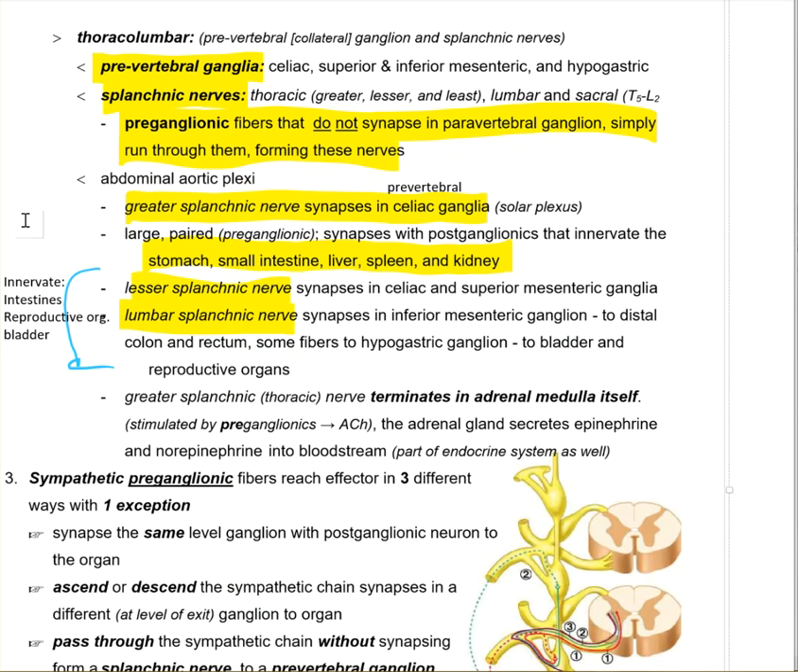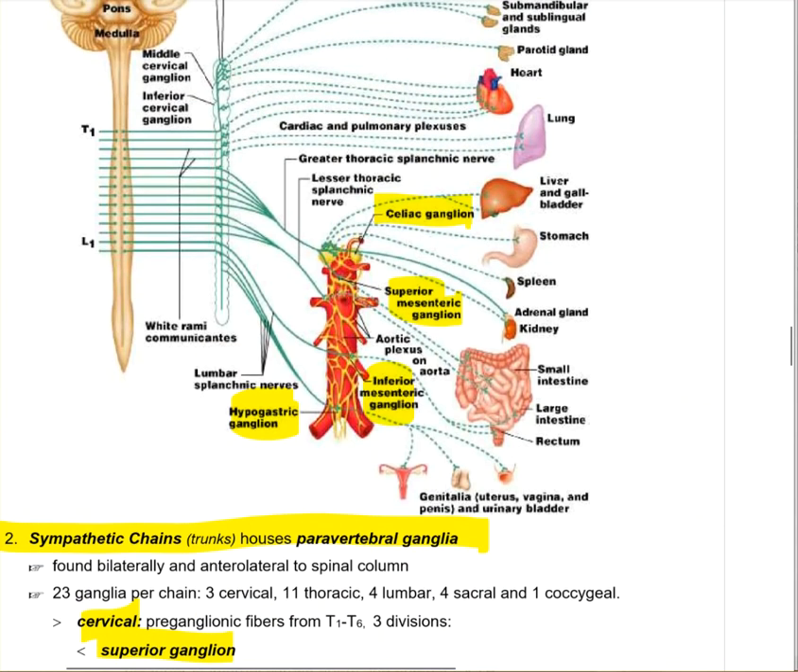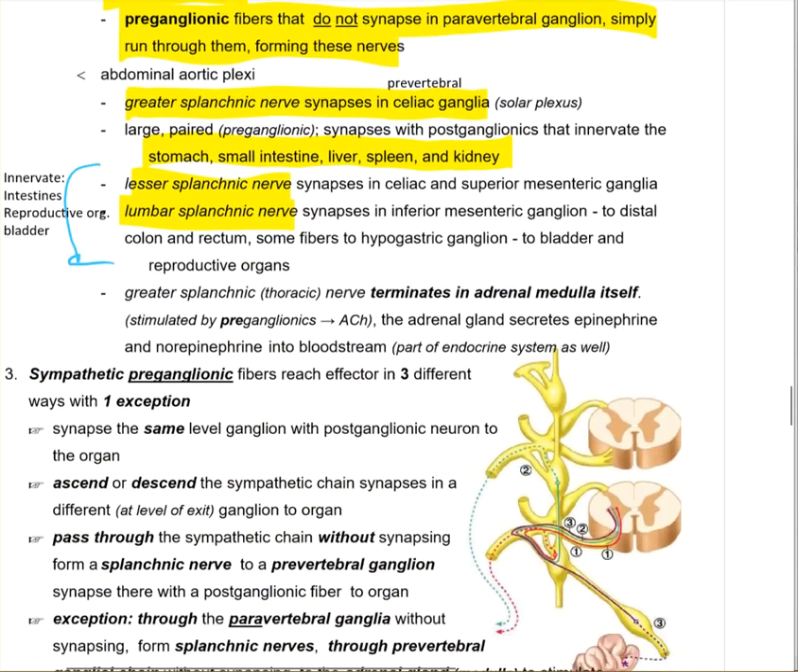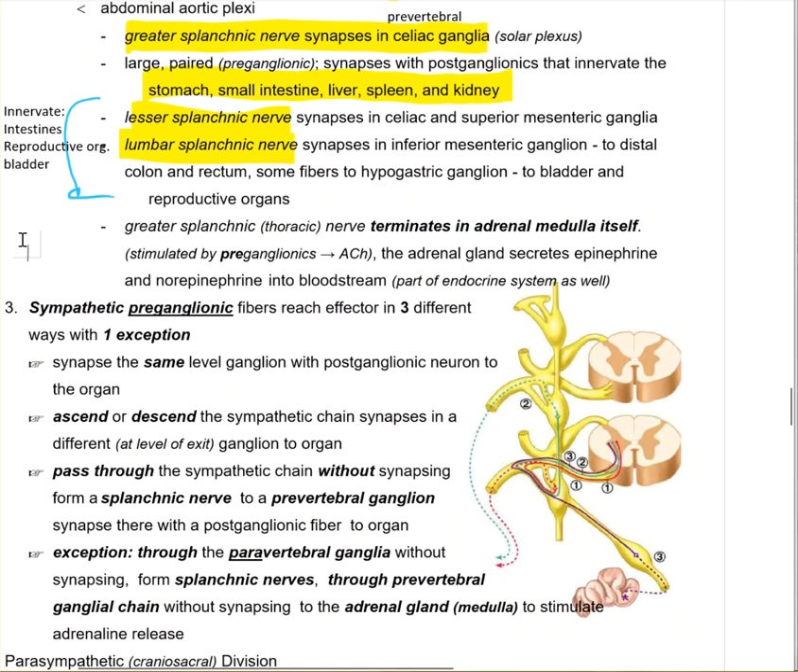Now, as I said, one of these splanchnic nerves not only goes through a paravertebral ganglia and doesn't synapse, it goes through a prevertebral ganglia and doesn't synapse, and it goes all the way out to the adrenal gland. And this is the greater splanchnic nerve right there. Okay, that one. Now, this we sometimes call our exception. So I'm going to write exception. Because the reason it's an exception is, remember we said that